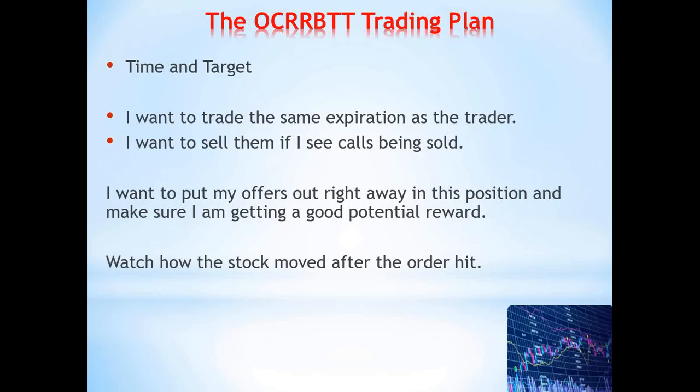Let's say I see those June 67 half calls in Kraft hitting the tape. I might say, well, hey, I can buy the Aprils for much less money. Why don't I just do that, right? But here's the thing: all of that time and analysis goes into that trade before they put that trade on. I don't want to fly in the face of that and say, okay, I'm just going to change that. It completely negates everything that I think is good about following unusual options activity. So I want to trade the same expiration.